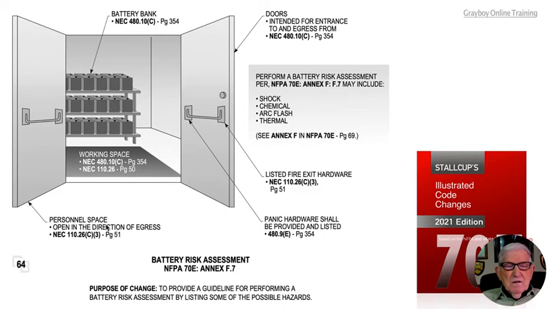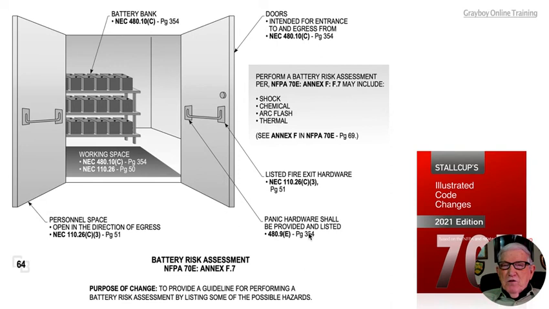The personnel space and doors open in the direction of egress, 110.26(C)(3), C as in car, page 51. Now, I would also recommend that you check the door and see if it's a listed fire exit hardware requirement in accordance with NEC 110.26(C)(3), C as in car, on page 51, or it may just be panic listed hardware according to